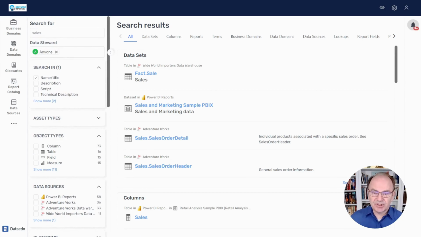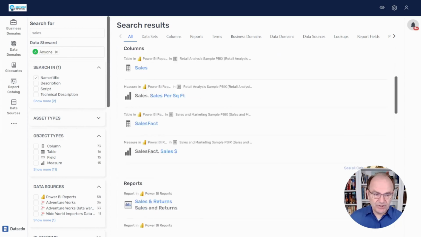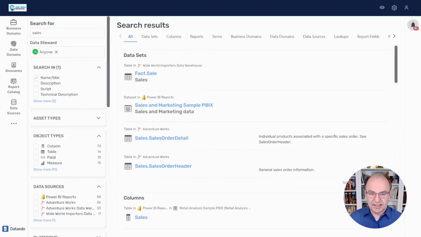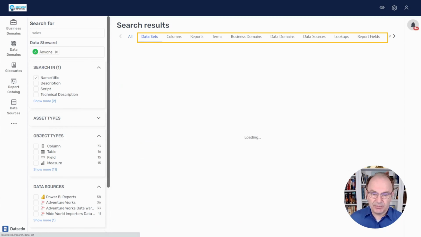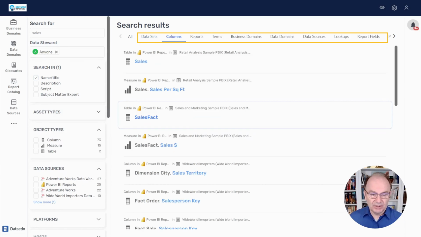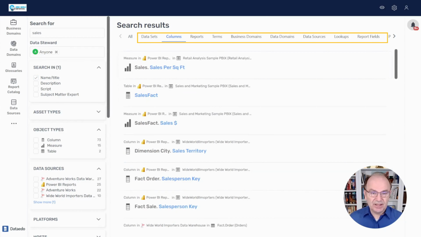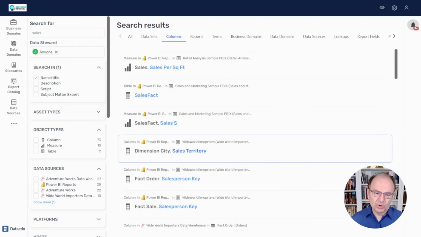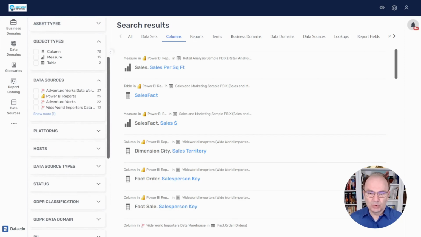We can refine and get better resolution of our search results. The change here happens over in the content pane. We previously had only the one tab for results, where all of the results were in a single list. We now have these separated out by object type. So all of the data sets where sales appears in the name or title, all of the columns where sales appears in the name or title, and so on. That allows you to more quickly find what you're looking for without the need to do so much work in the refining part of the search over here on the left side. It allows you easier access to the data